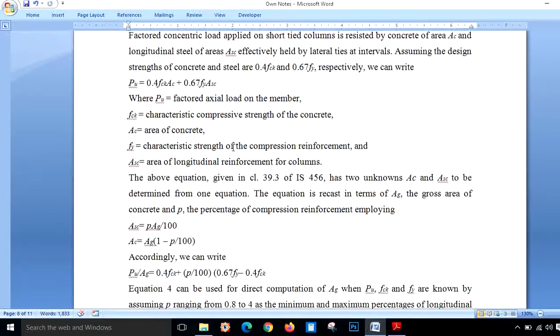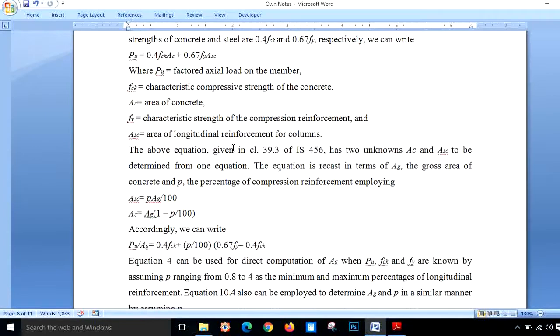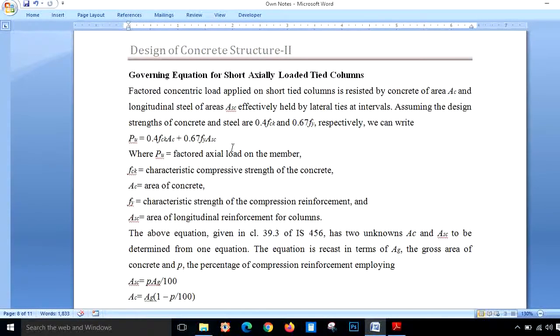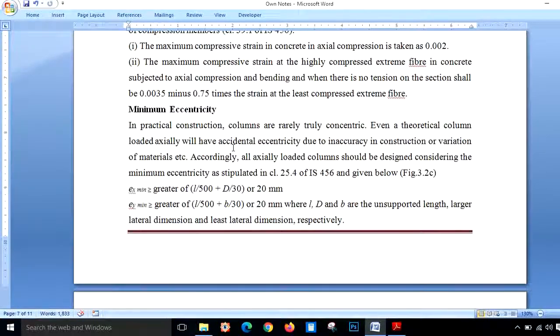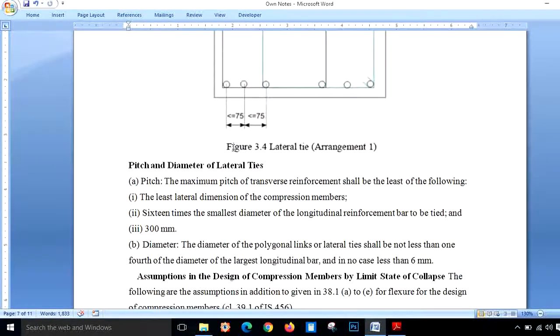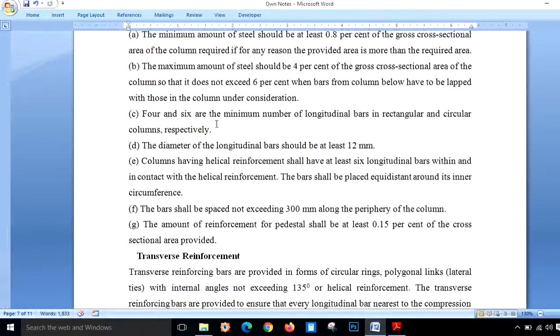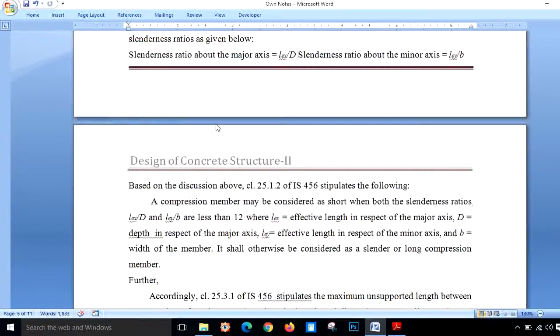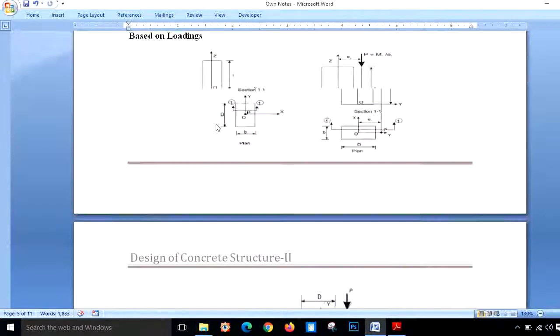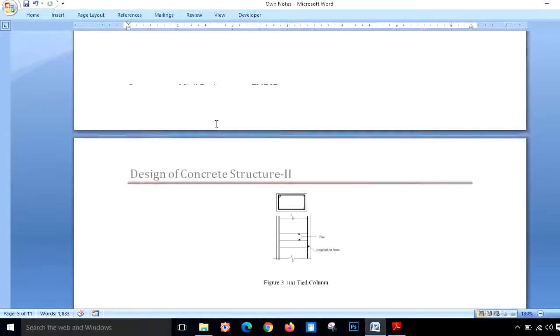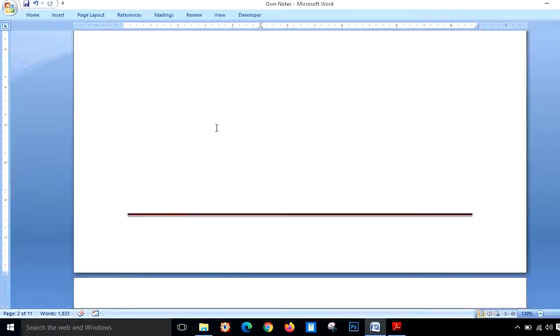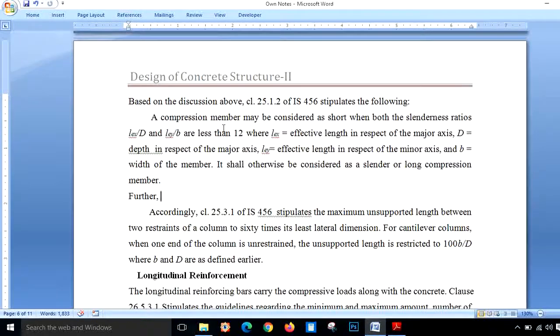You can go through the clauses, and write down the formulas or data given in each clause with the page number in IS 456. While solving problems, you can then easily identify the clause and its page number. Whatever we have studied in these 2 sessions, you can go through it. If you have any queries, you can raise them in the next session, where we are going to start with the problems.